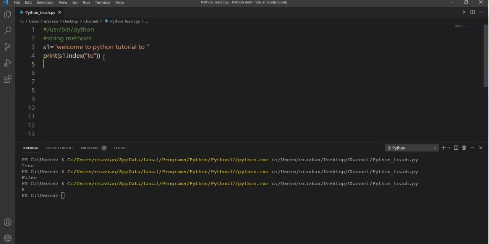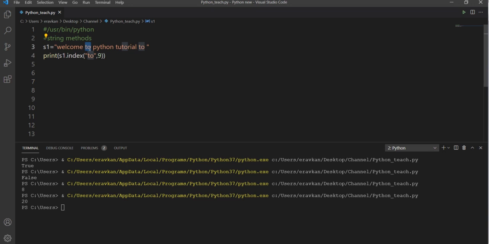If you want to find the occurrence of this 2 or the next 2, then you have to specify here, like from 8 onwards I want to search, then this comes to you. So 0 1 2 3 4 5 6 7 8 9 10 11 12 13 14 15 16, so it's at position 20. So you can specify.